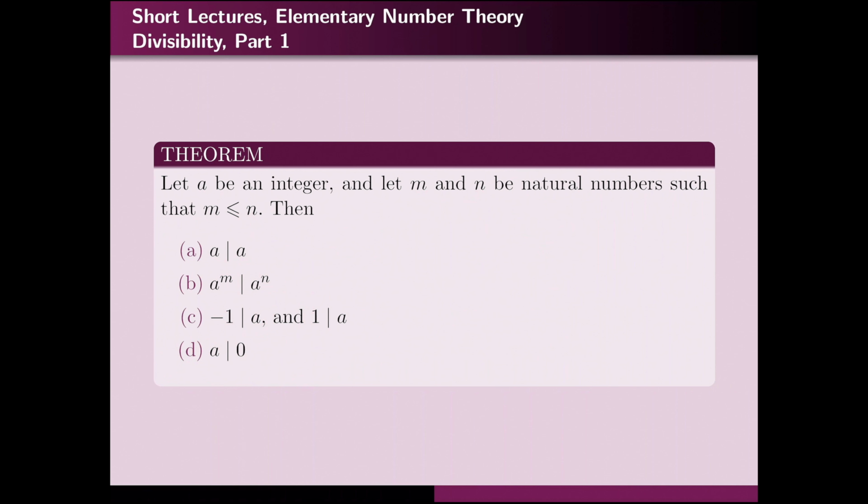Okay, so for example, let us have a proof for this one. Here what I have, I know that m is less than or equal to n. My goal is to show that a to power m divides a to power n. So what I will do, I would say that a to power n, the number on the right, is equal to a to power m times a to power n minus m. This we know. This is the number on the right, and this is the number on the left, yes?